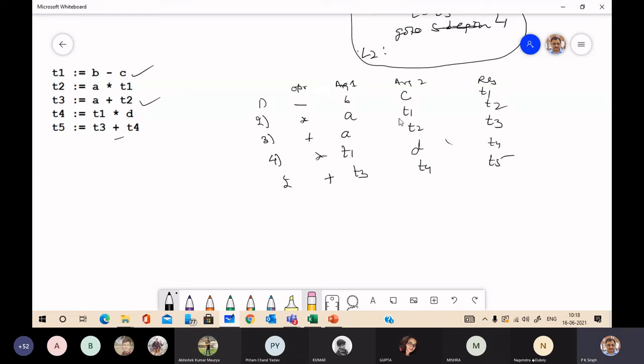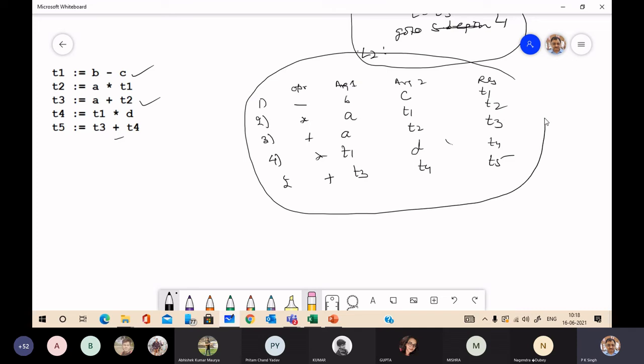This is the quadruple representation of this three address code. In triple representation, we will not consider this result field. We will consider the references that are computing the result.